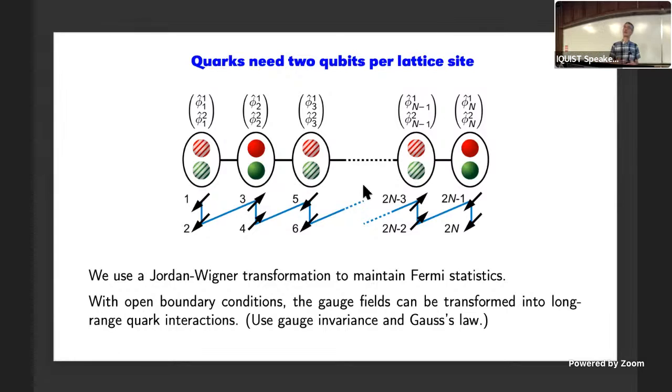So I know how to count the number of qubits we need for the quarks, but what about the gauge fields? There are gauge fields connecting one site on the lattice to the next. So these little horizontal black lines, these are the gauge fields. How many qubits do we need to represent that physics? And the answer is usually a lot, because the gauge fields are a continuous degree of freedom. Any finite number of qubits is a truncation of what we truly would want. But this is back to the question of the boundary conditions. We can make